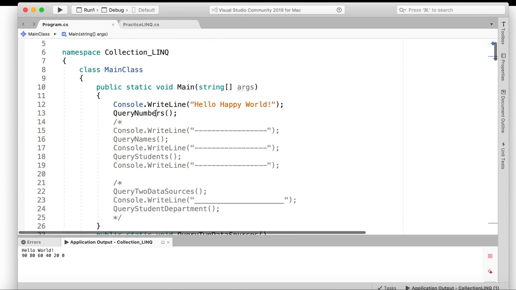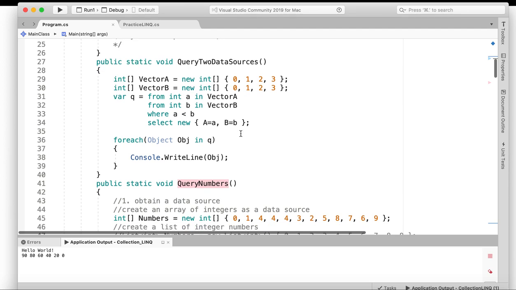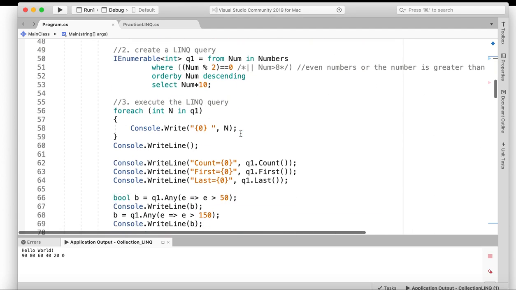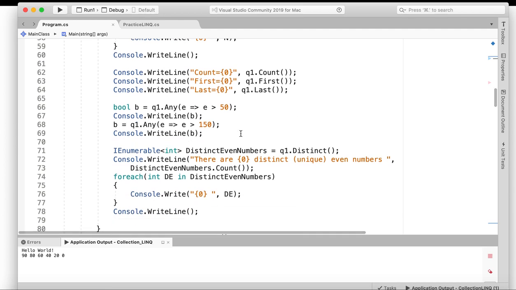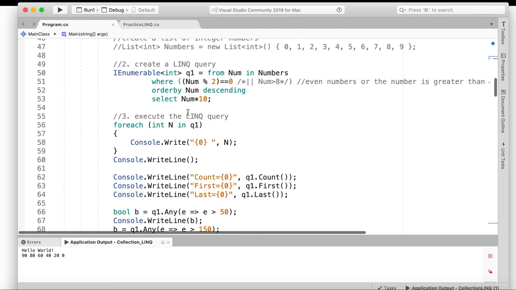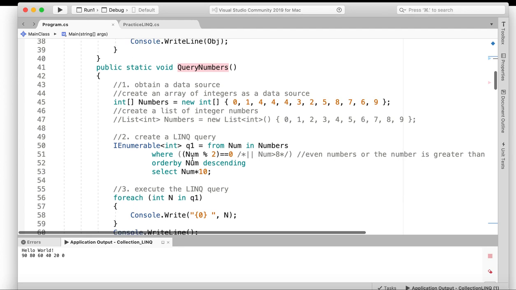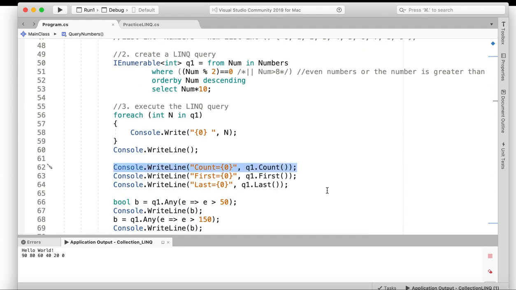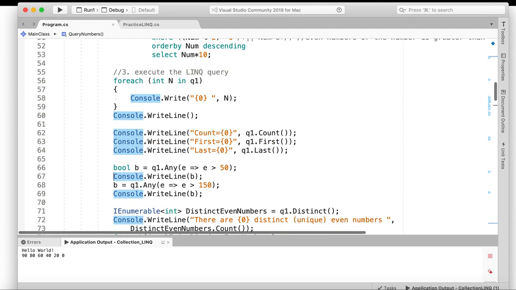نرجع للكود تاعنا query numbers. المرة الماضية تعرفنا حكينا في ال query numbers. هنا حكينا عن الكاونت، مراجعة خفيفة. حكينا عن الكاونت اللي هي number of elements returned after executing this LINQ query. حكينا عن first, last, first element returned, last element returned. وحكينا عن